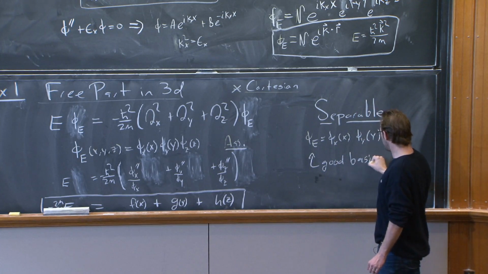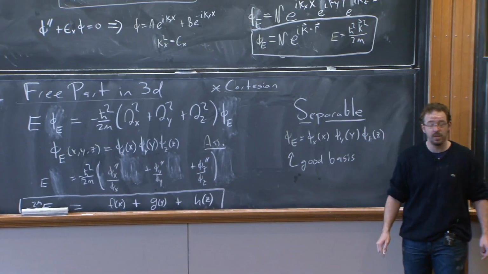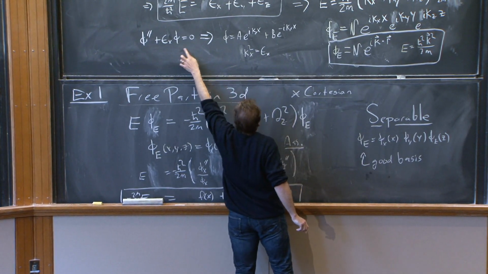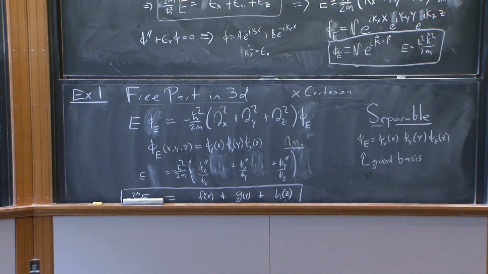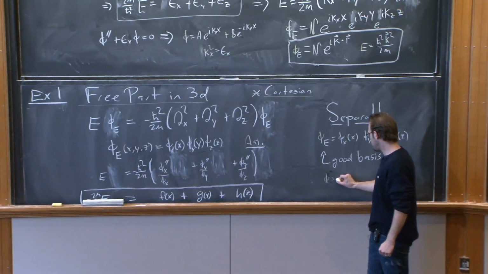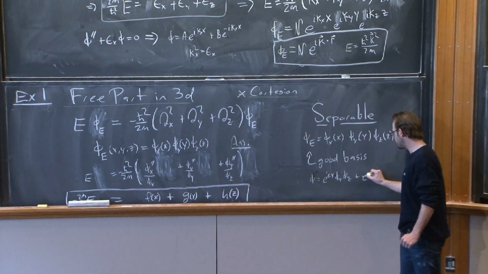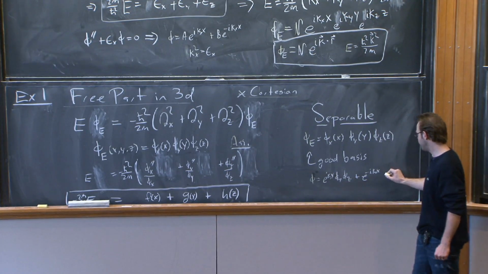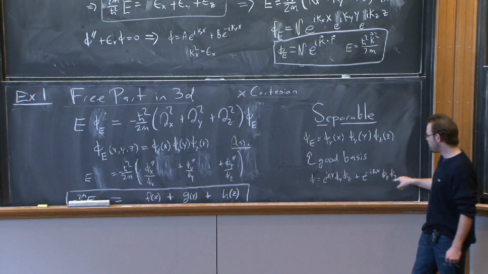By taking suitable linear combinations of them, suitable superpositions, I can build a completely general solution. For example, as was noted, the true solution of this equation, even just focusing on the x, is a superposition of plus and minus waves, waves with positive and negative momentum. So how would we get that? Well, we could write that as phi is equal to e to the ikx, phi y, phi z, plus e to the minus ikx, phi y, phi z, with the same phi y and phi z. Okay, so these are actually in there.